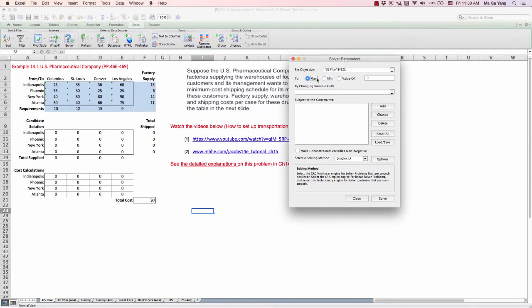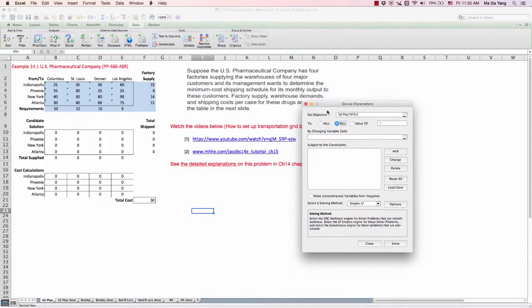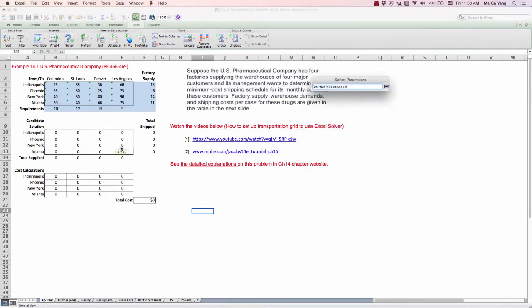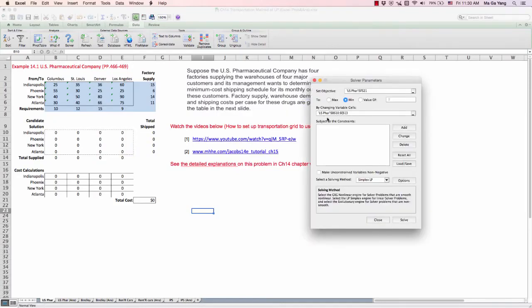Then we click the minimum option because we want to minimize the total transportation cost. And here, by changing variable cells, we have to select this candidate solution table, B10 through E13, because Excel solver will change these to find the optimum solution.